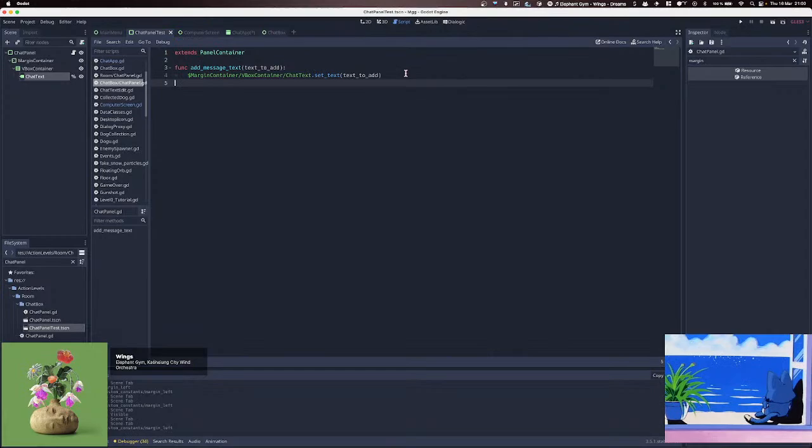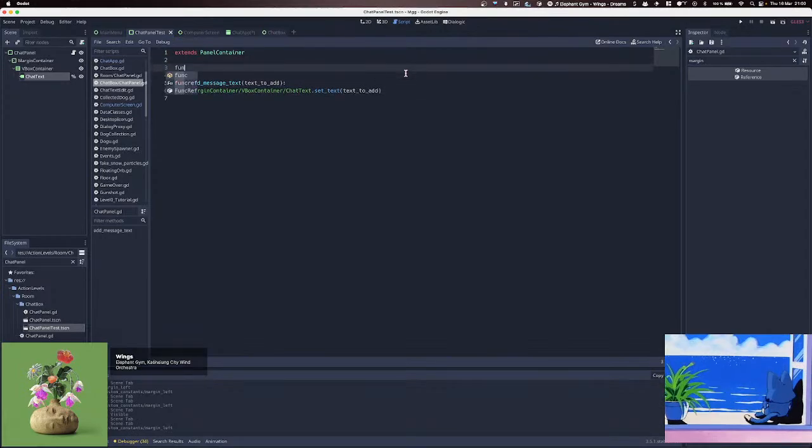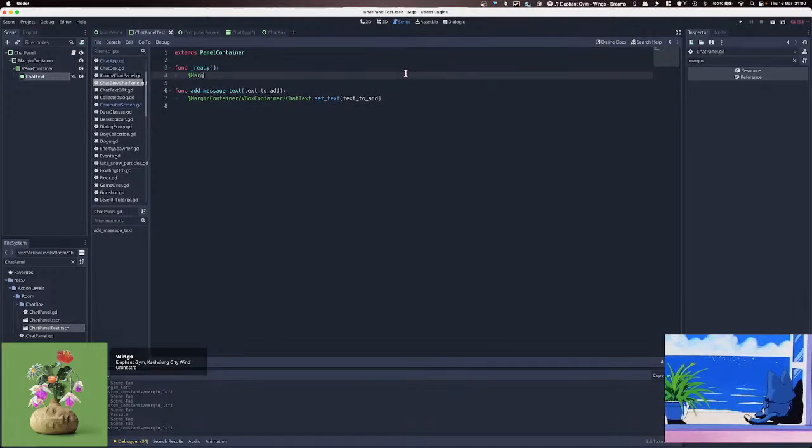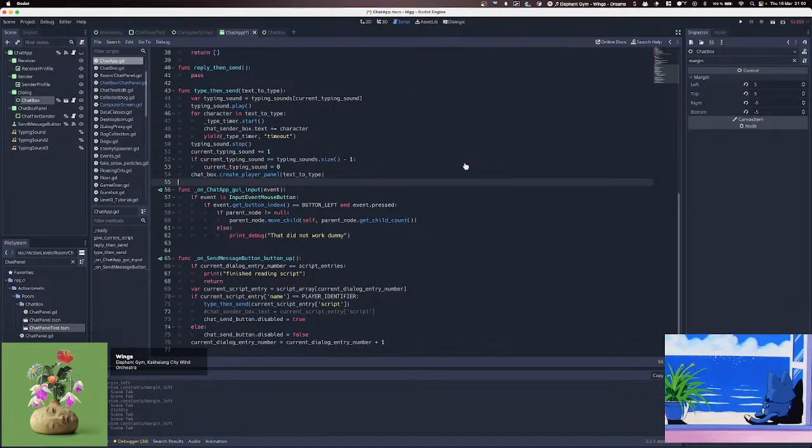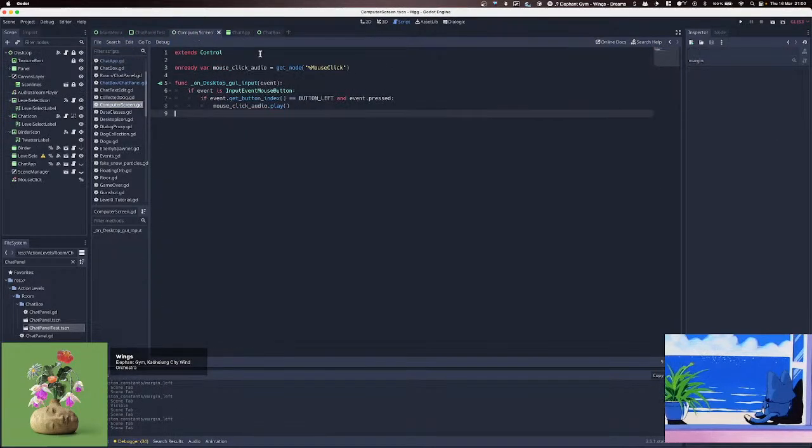If that even works. Let's try to change it in code. So if we do the ready function, we get the margin container chat text, and then do margin left equals 5. And now print something for sanity, choose margin and chat text. And then if I run the game,